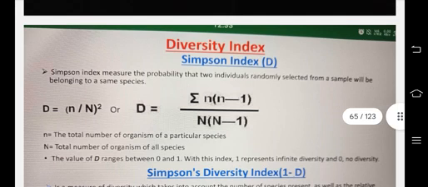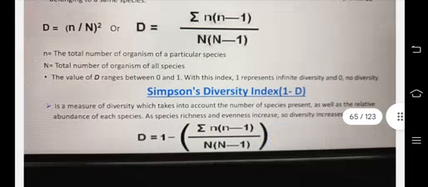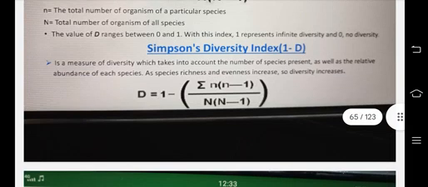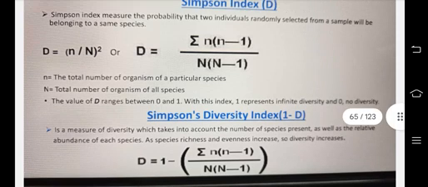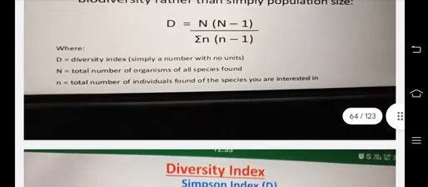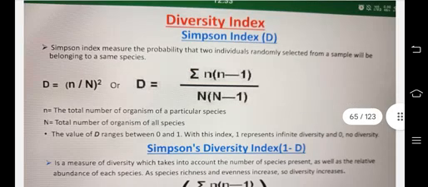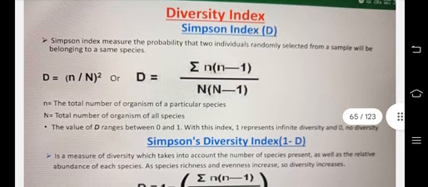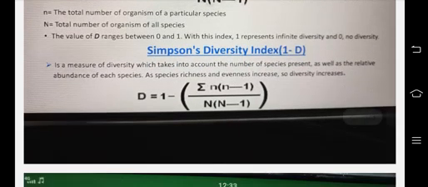where n is the total number of organisms of a particular species. Here the signs are kind of reversed. In the earlier case, these are both the same thing. Capital N means the total number of organisms of all species found. The value of D ranges from